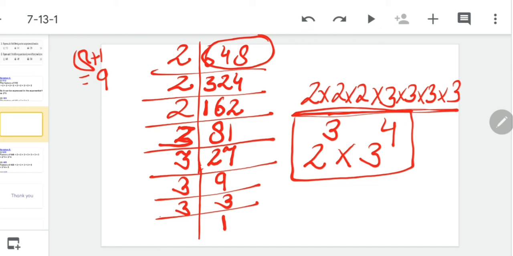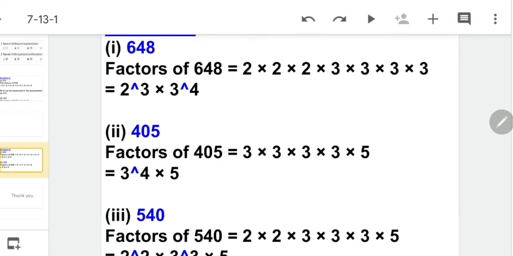Okay. I hope now this thing is clear to all of you, what is the difference between question number 3 and 5. In question number 3, all the factors are the same, a single number. But in question number 5, we have more than one factor, meaning more than one number as a factor. Now you can see in this example that we have 2 as well as 3 in its prime factors. So nothing, the big difference between question number 3 and 5. The method of doing is the same. Now you can see that same thing we have to do with all other numbers.